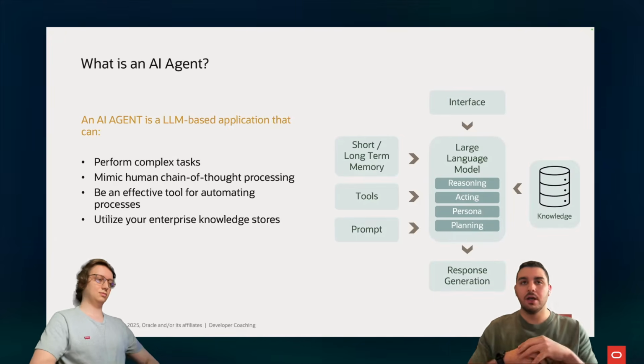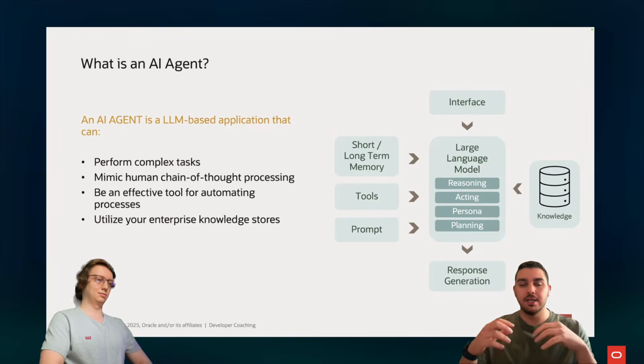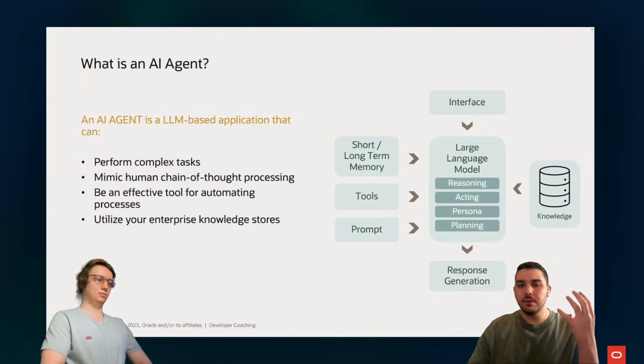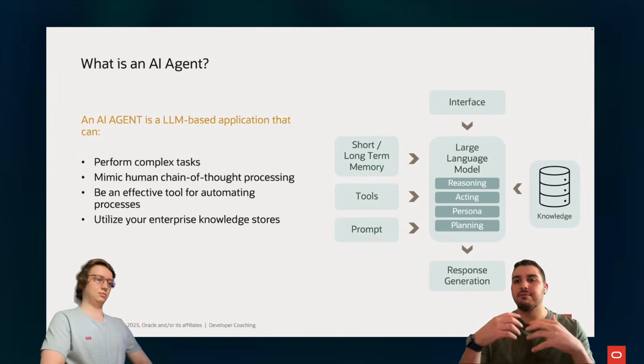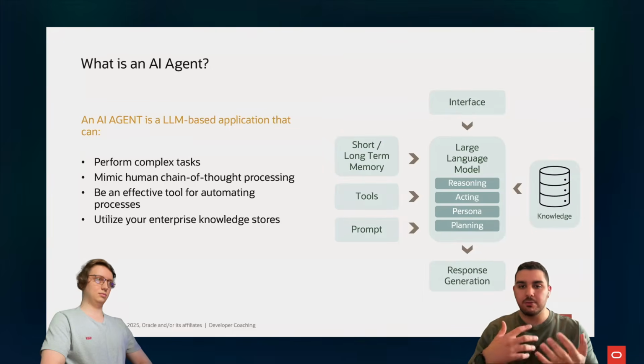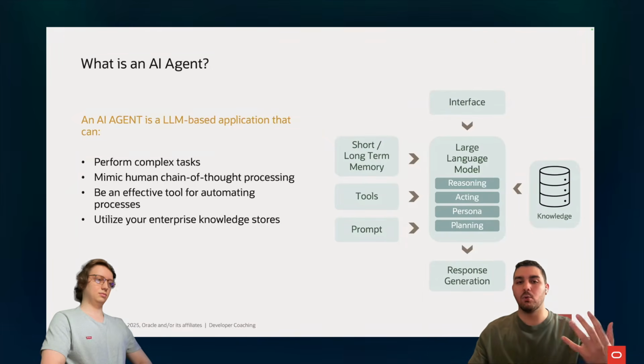It's able to take in different pieces of information and combine the knowledge that you have to give you the best possible answers, right? So with AI agents, you are able to incorporate a variety of different elements. So you have your knowledge, you have your prompts, you have your tools, you have the memory, and these are all different components that help you get the best possible answer from your LLM. And you're able to not only just chat with the LLM, but you're able to build out a whole workflow.